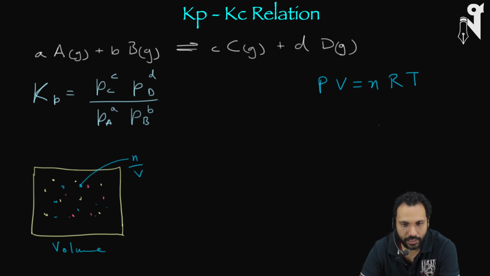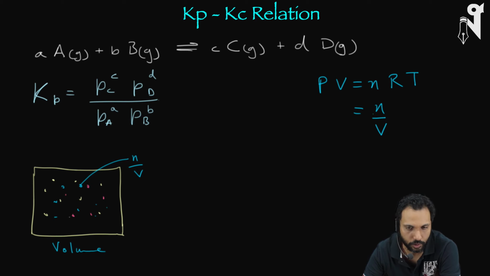Now the concentration is the number of moles divided by volume. So it is the volume of the chamber. If it is a gas, it is no longer the volume of any solution. We are not even talking of a solution over here. So it is the volume of the chamber. So pressure directly relates to the concentration, which is the number of moles divided by the volume of